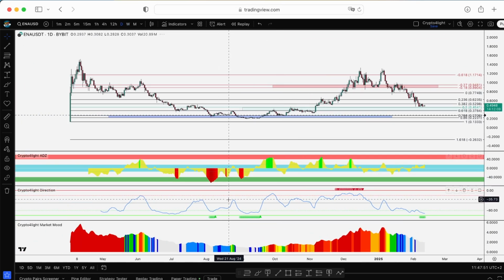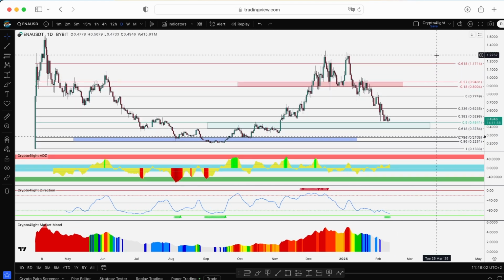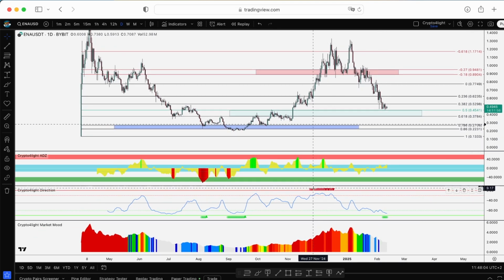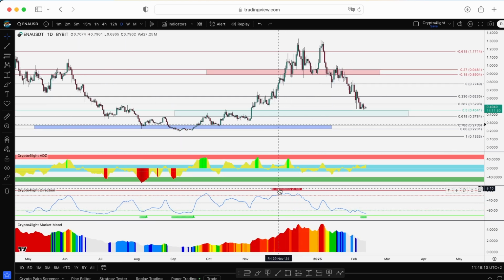Daily time frame. Here was a crazy accumulation. We formed that. That wasn't a good time to buy. I bought the ENA pump, I fixed the profit and missed the crazy run, right? So sometimes it happens. This time it was a crazy signal to fix a profit. And take a look, you could catch the exact top.